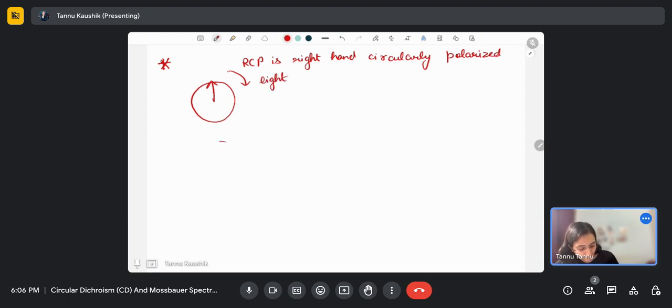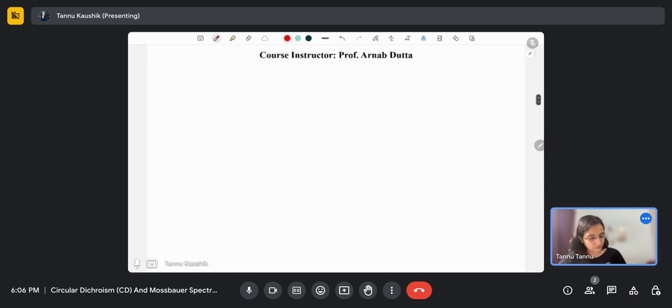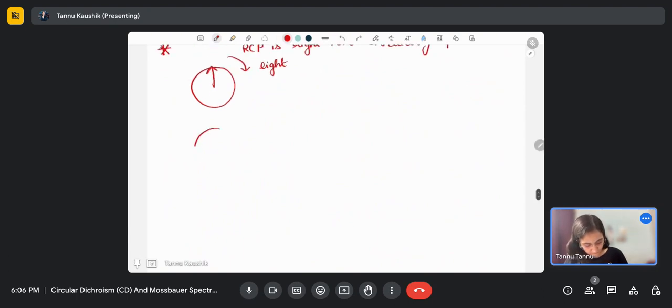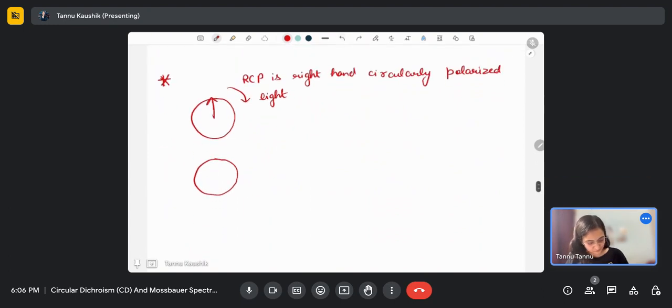And then we also have a left hand circularly polarized light. Okay, so if these two circularly polarized lights, that is RCP and LCP, are passed through a chiral sample,